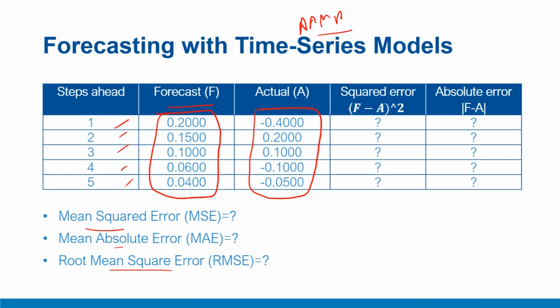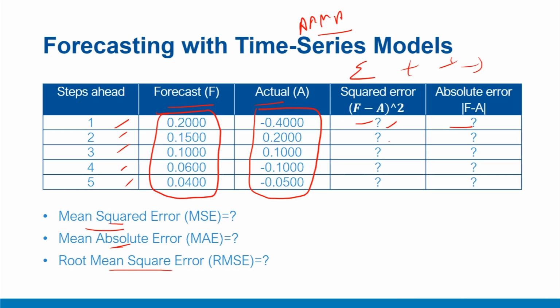First step, we'll compute the difference between forecasted and actual values, which is the error. But generally there are two ways: either you take the square or the absolute value. Why are we doing this? Because if we are using some kind of summative measure, summation of positive and negative values, they will cancel each other out. So large positive and negative errors will cancel each other out and my measure will not be good. So generally a good measure, like mean square or mean absolute, tends to take either square or absolute values of errors.